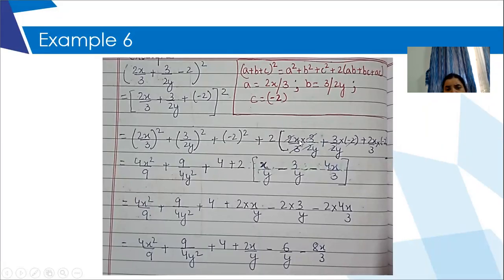After cutting, the first term is x upon y. And here this plus gets multiplied with minus. So you will get a minus sign, and it is 3 upon y, which I have written. Third term also plus gets multiplied with minus. So 2 into 2 is 4. X will be written like that only, and denominator there is 3. Keep it inside bracket only.